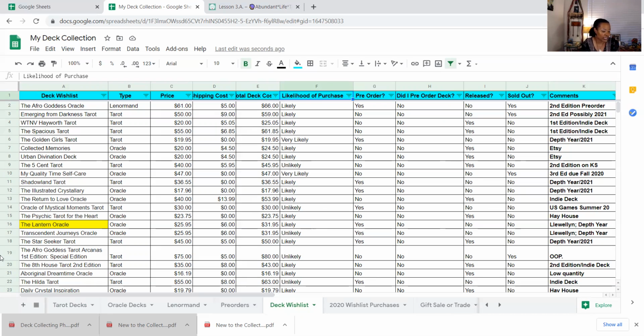This particular course is not heavy on assignments per se. It's more on lectures and discussion. And there are activities you can do. You can do the spreads. You can engage in the Facebook group, Abundant Life Tarot group, and have discussions. For each lesson, I put a thread so people can go in and discuss their experiences with their journey of collecting, and just recognize that it is a journey and it's very personal.